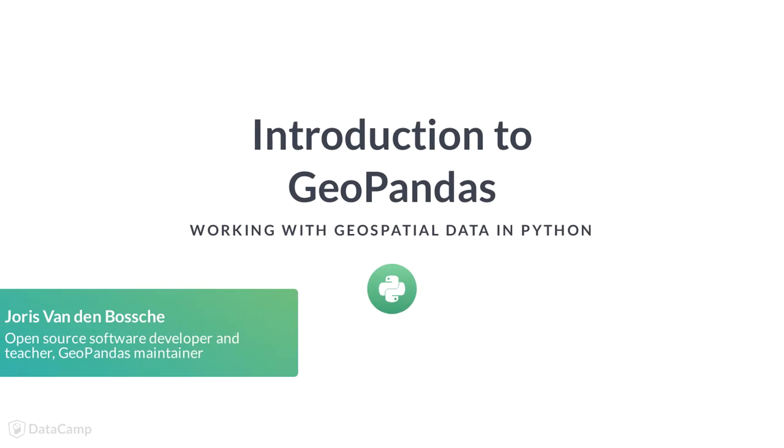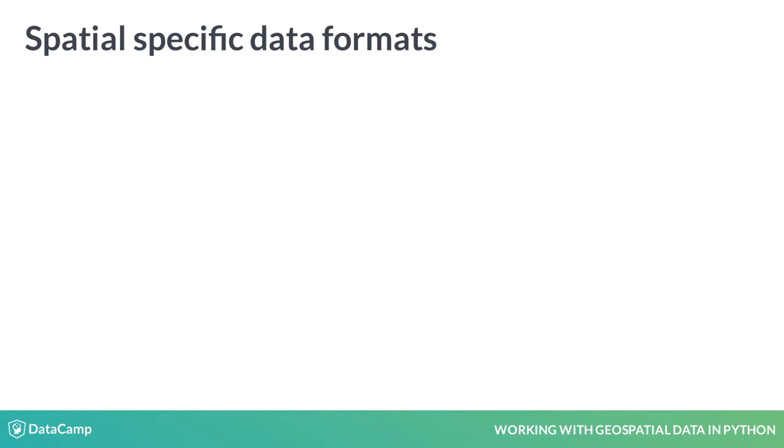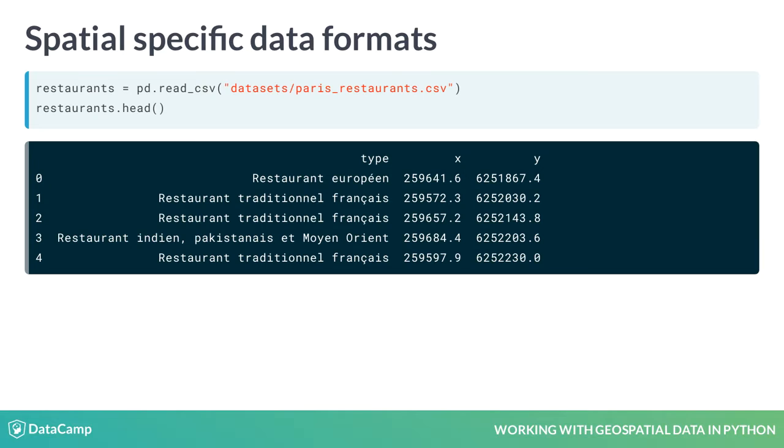In this video, we will start introducing spatial-specific Python libraries. In the last exercise, we used Pandas to read a CSV file with the coordinates of points, and we used matplotlib to plot a map of those points. However, we also learned in the previous video that in addition to point data, spatial data can be made up of lines or polygons. Each object then consists of multiple points, and as such, we will not be able to